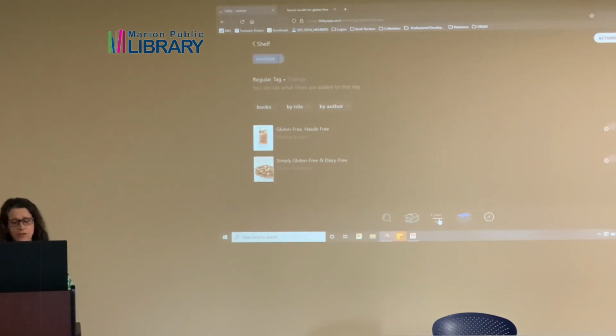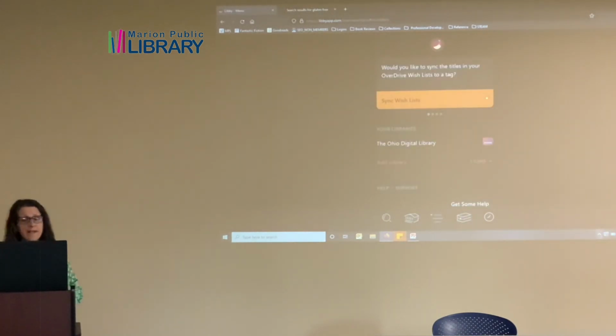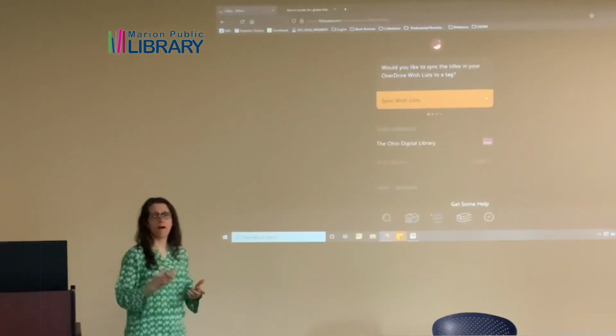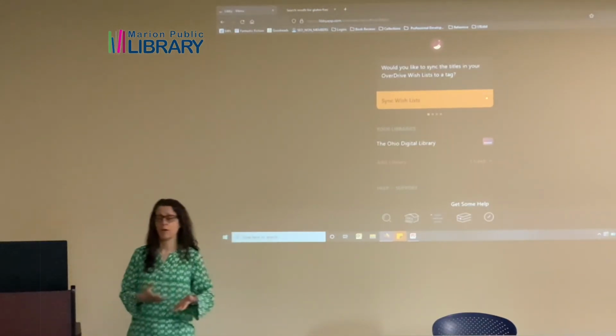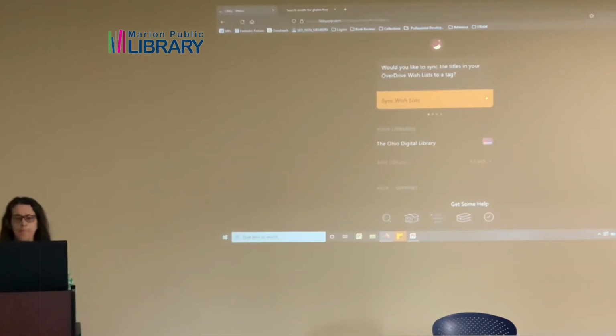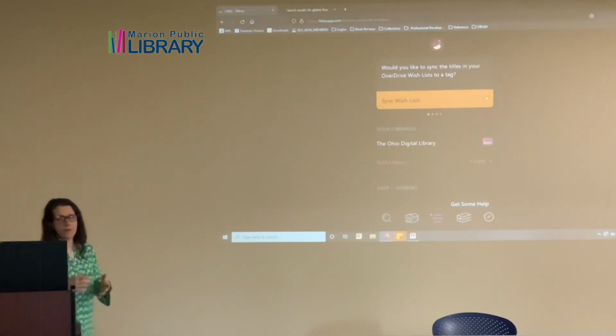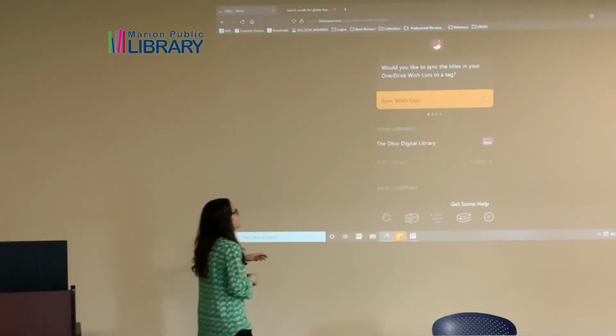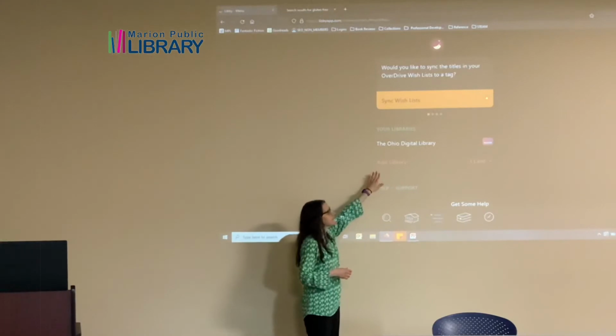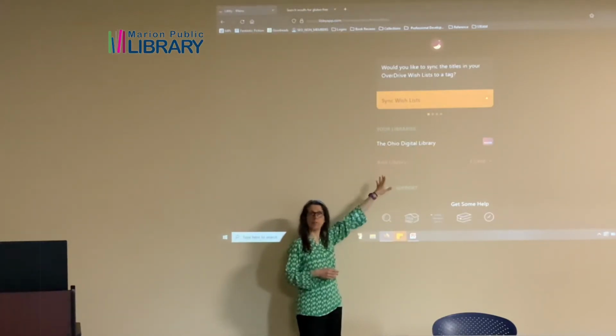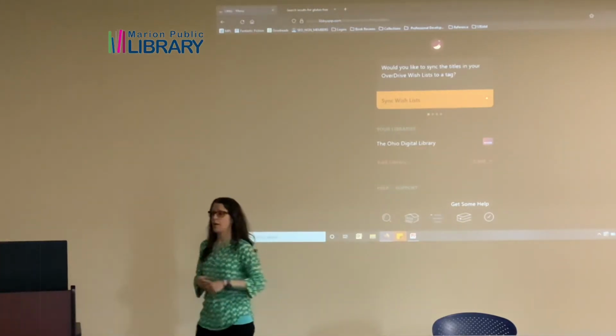We're gonna come here to our menu. So 3 lines or 3 dots often signify a menu. So we're gonna come into the menu. That menu is also where, if we would need to add in other libraries after we did the initial one, we'd come here to do that as well. And